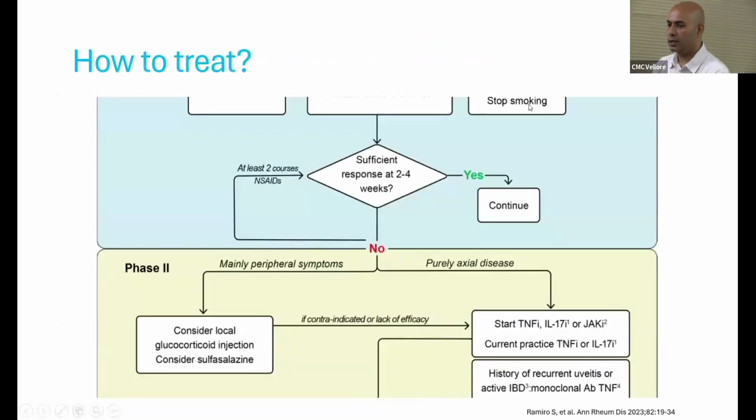So how to treat? Essentially, stop smoking. You try with NSAIDs, and if they don't work in 2 to 4 weeks, you switch to phase 2. There's a phase 1 which just got cut off, or unless I missed it here. No. So phase 2 is if you have a lot of peripheral symptoms, you can of course go in for